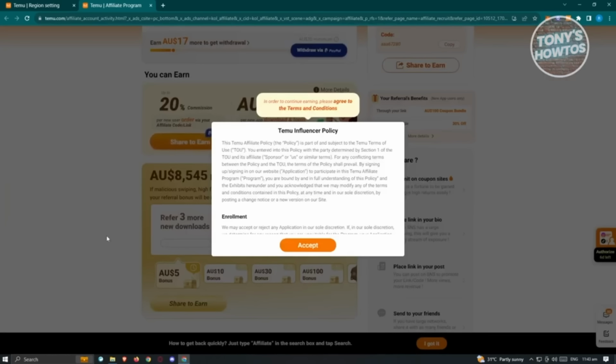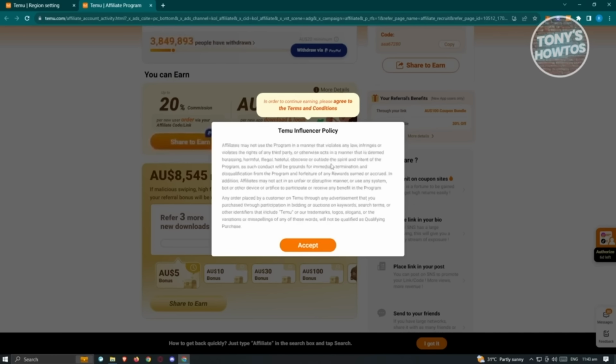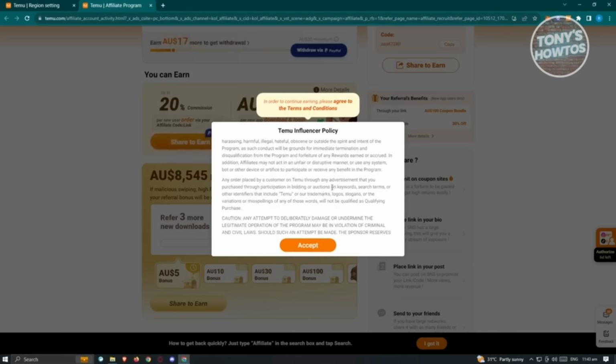Now, also when you first open this up, you'll be able to see their policy here. So I do recommend that you read through all of this before accepting, so you're able to protect yourself if you find something that you do not agree with. That actually applies to any platform that you apply to, but